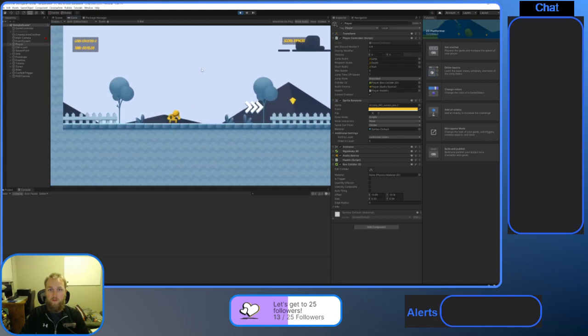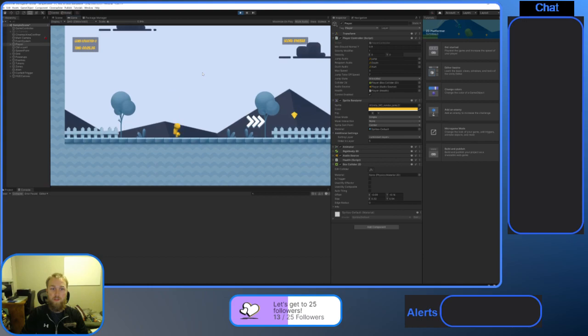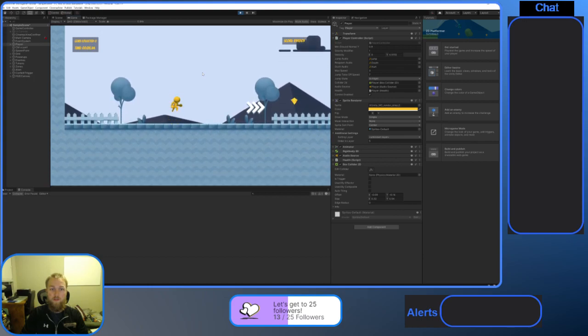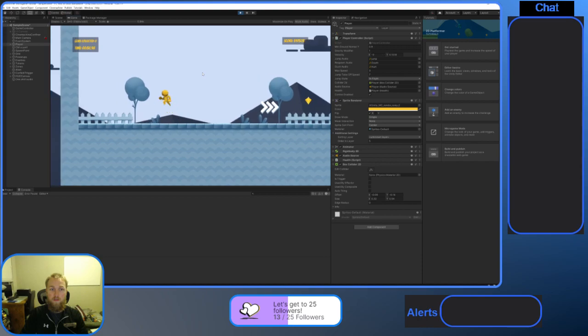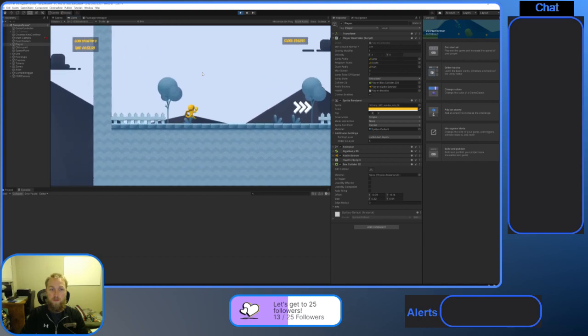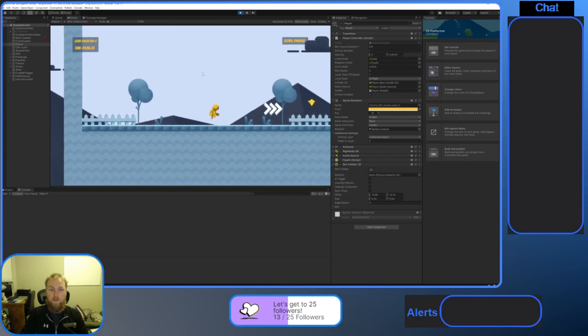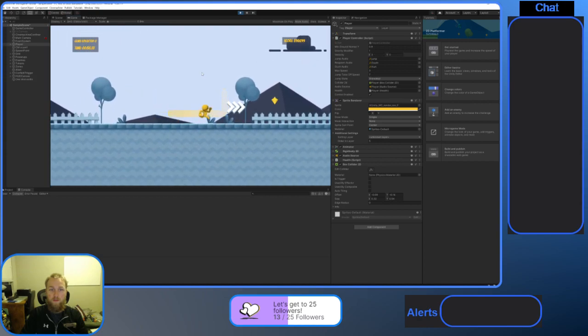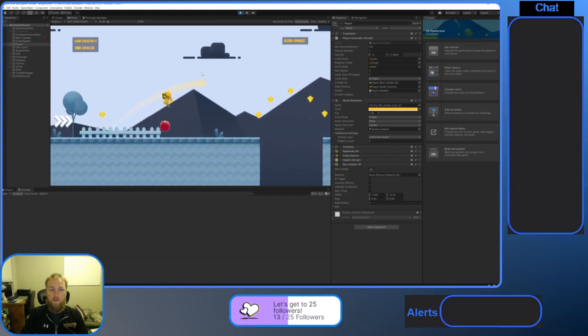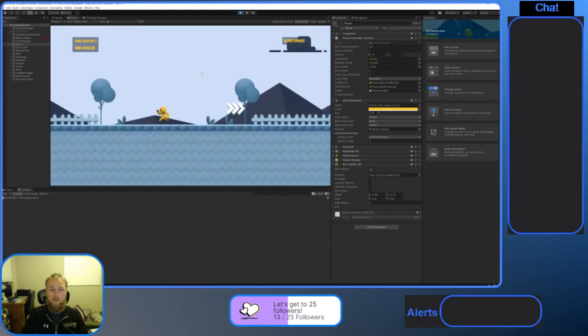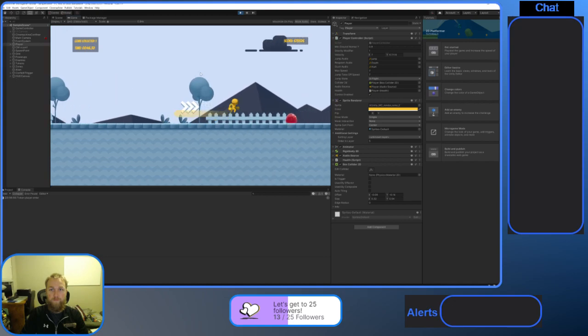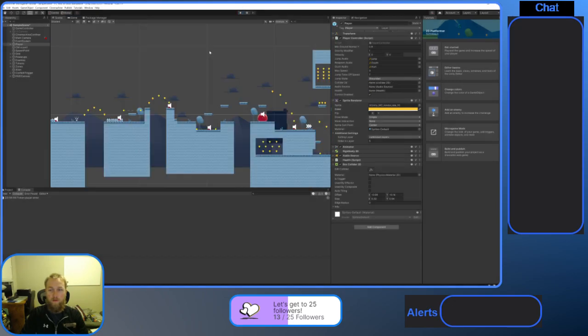And you see the issue with the jump deceleration is that when I let go of the spacebar, it immediately stops the jump, which is kind of frustrating. Anyways,